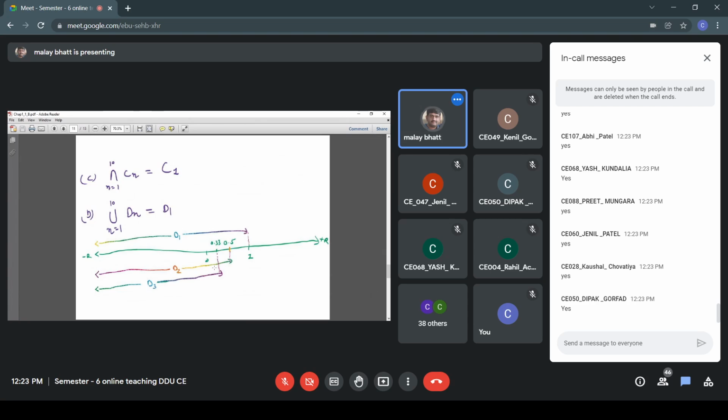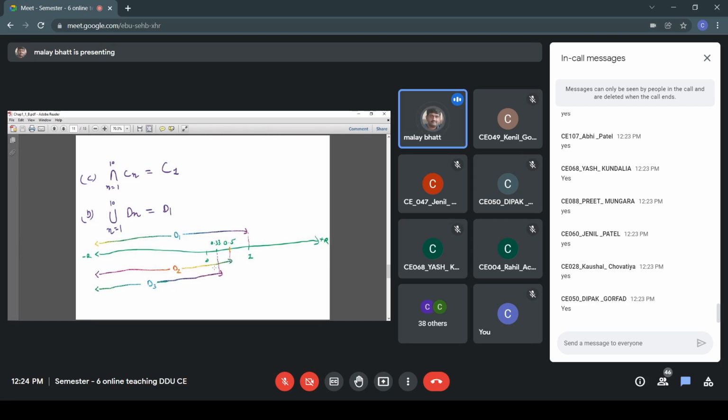Again we have a real number line, minus r, plus r, with 0 in the middle. Now I am representing D1, the set of real numbers less than 1, because it is 1 upon n, so it is up to 1. Similarly, D2 is the set of all real numbers less than 1 upon 2, so it will be 0.5. You can see D2 in a different color, all the real numbers up to 0.5.